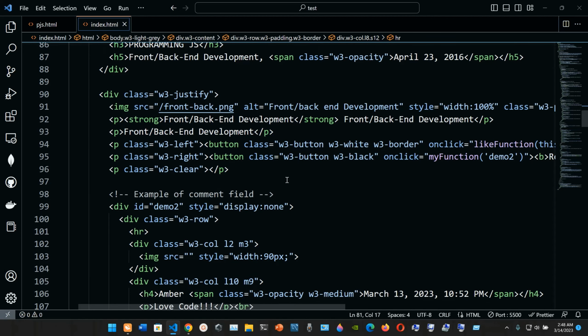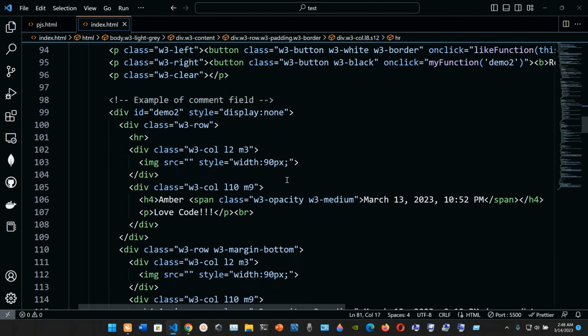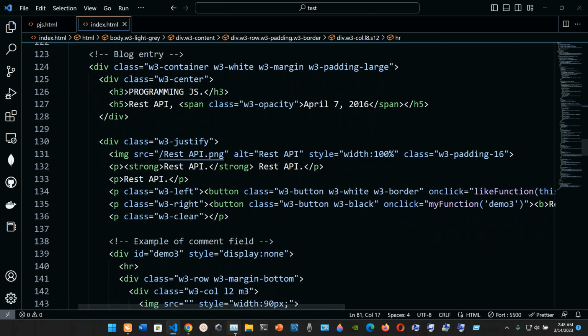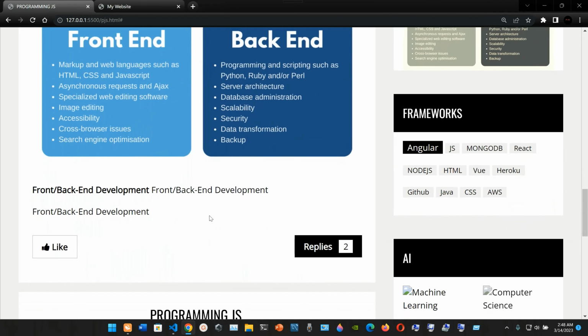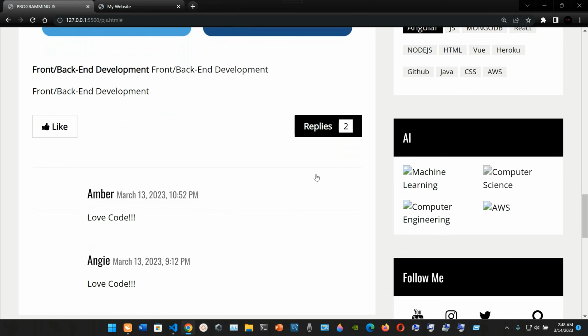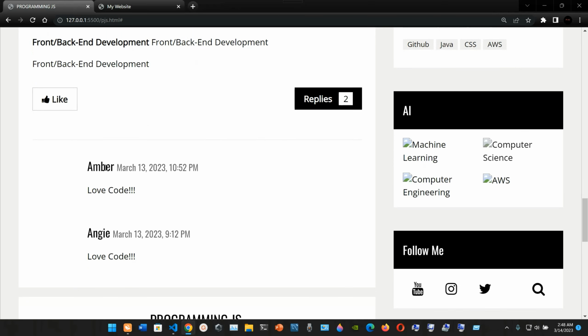And what else do we have here? It's gonna be the same one here. And now we're gonna move to the replies. As you can see, you have two replies here, as we saw in the previous one. This one is Amber, we have the day, we have some context, love code. Angie, we have the date and some context, we have the like button here. And finally we're gonna have the third